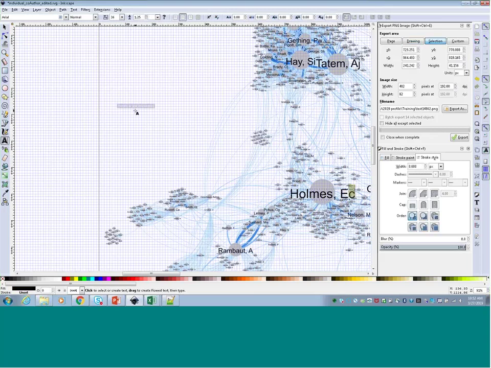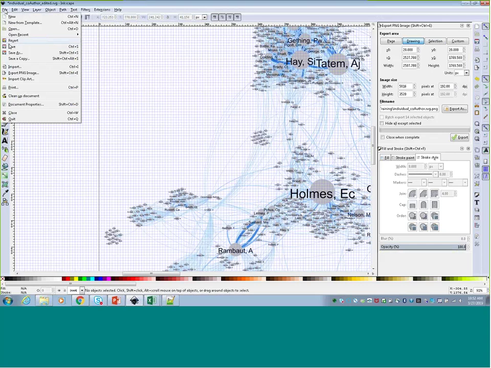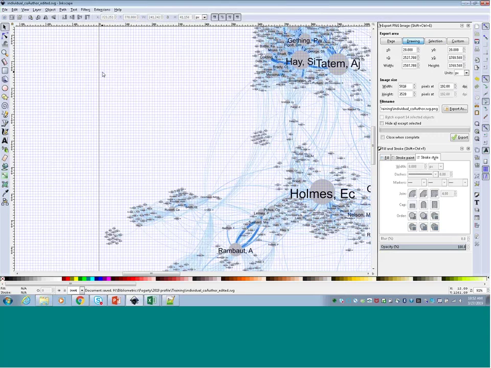If I wanted to uppercase this, I can just type in directly, change it from there, do any additional tweaks that I needed to make, and go from there. So again, I'm going to go ahead and save my changes. And the final thing that I'm going to do once I have all of this done is to go ahead and export the final visualization to a PNG image that I can actually put into a document.